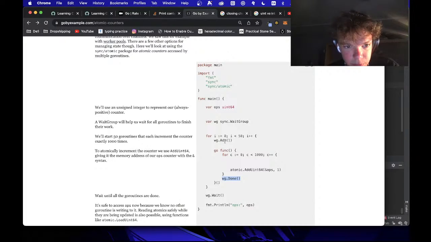To atomically increment the counter, we use AddUint64, giving it the memory address of our ops counter with the address syntax. So for 1 to 50, we're running a Go routine, between 0 and 1,000,